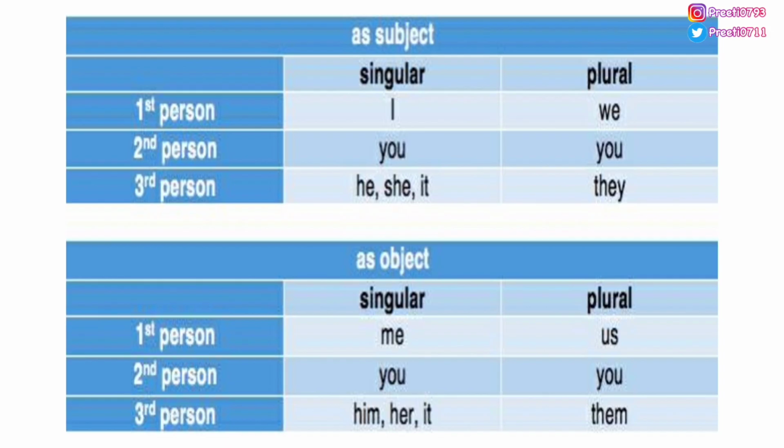Now moving ahead, personal pronouns can be used in two ways. One way is to use them as subjective pronouns. Subjective pronouns are those pronouns that perform the action in a sentence, and they can be used in both ways, singular and plural. Their examples are I, you, he, she, and it. The other way to use a personal pronoun is as an objective pronoun. Objective pronouns are those pronouns that receive the action in a sentence, and they can also be used in both ways, singular and plural. Their examples are me, you, him, her, it.